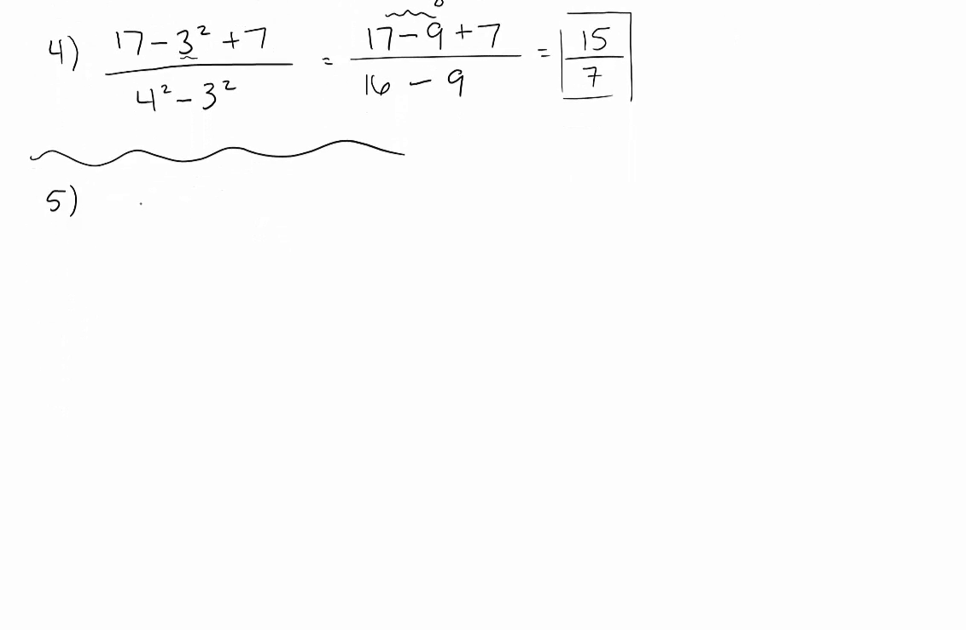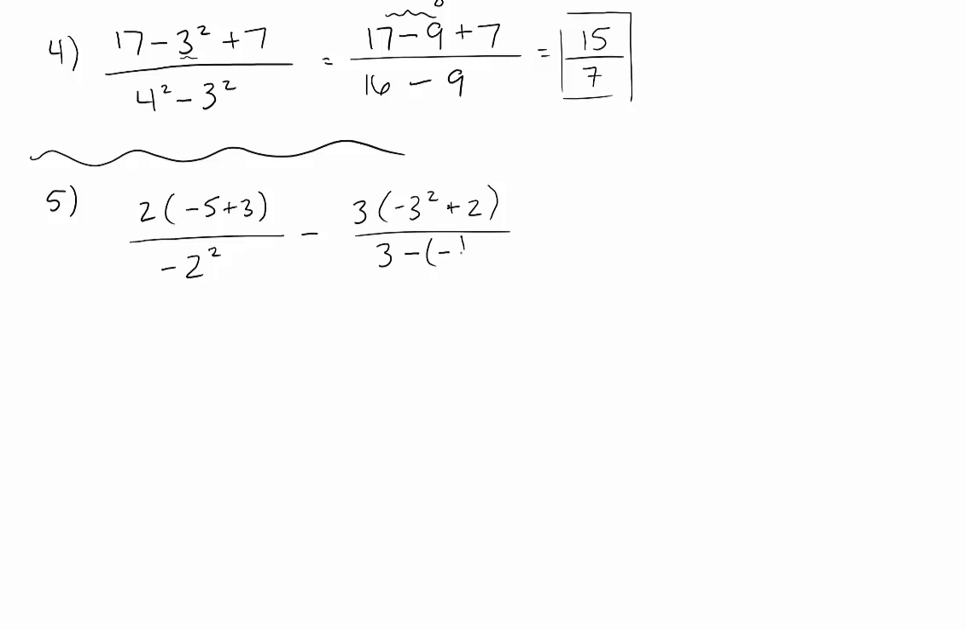Number 5 says 2 times negative 5 plus 3 over negative 2 squared minus, oh, this is going to look interesting, 3 in parentheses, negative 3 squared plus 2, and that's all over 3 minus, and then in parentheses, negative 1/2. All right, and so we're just going to work on these one at a time, the top, the bottom, the top, the bottom, and we'll look at what our different answers